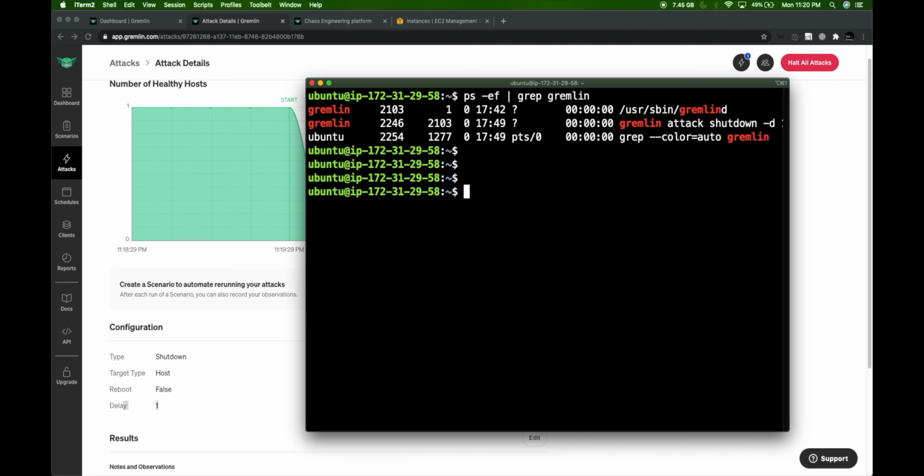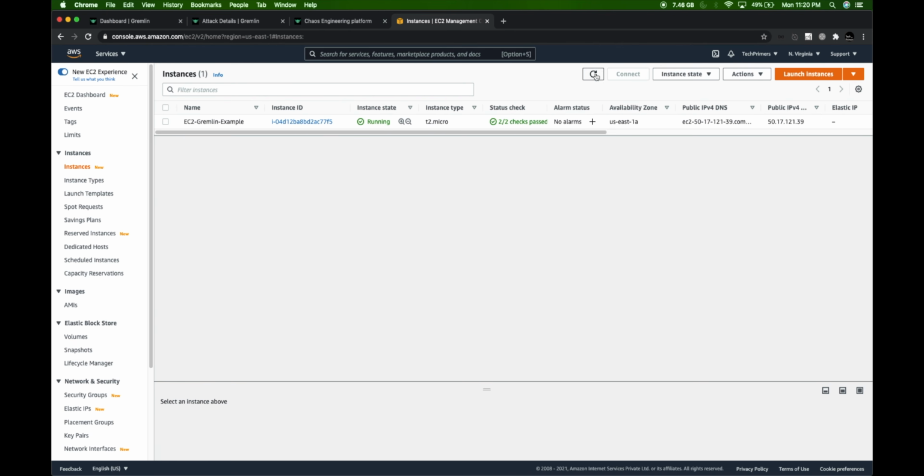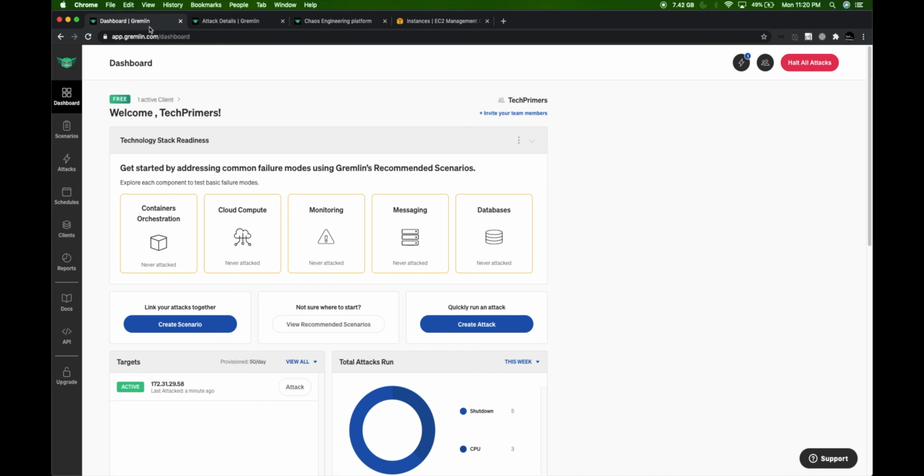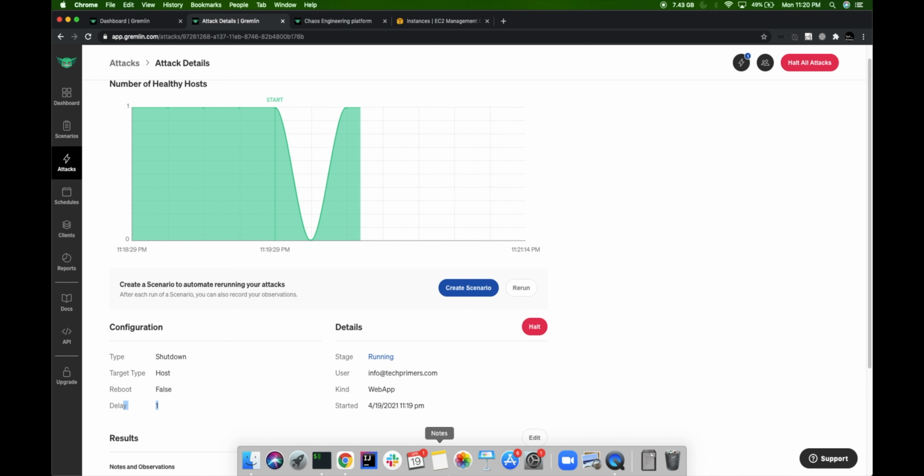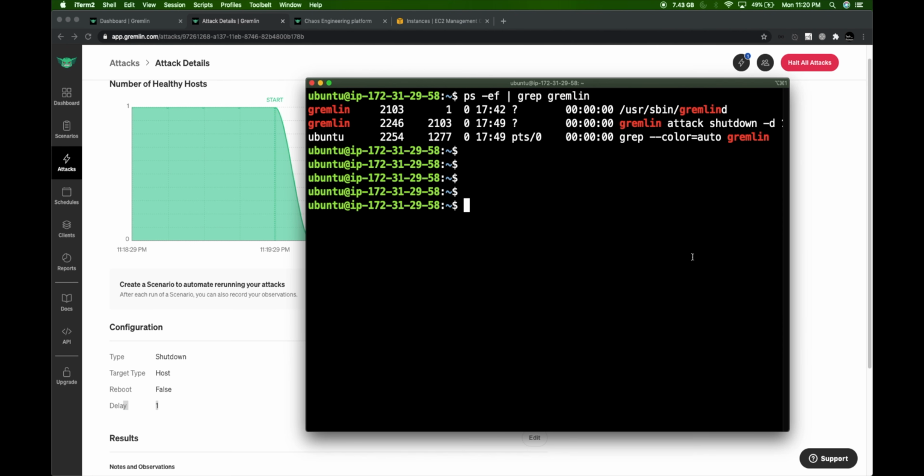Right now the EC2 instance is still up, so we are able to see it. We can go to the dashboard here also and see what the state is right now. It's all up and running. So let the 1 minute time frame window start, and then let's go to the EC2 and press enter. If you see, it's not responding. My EC2 instance is not responding.